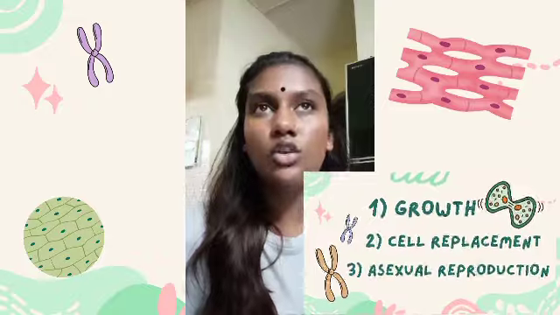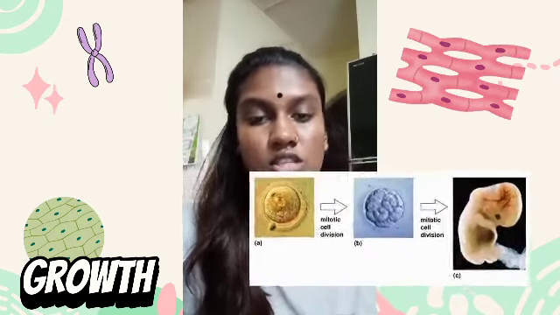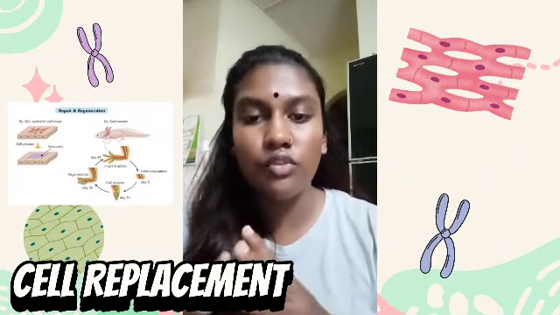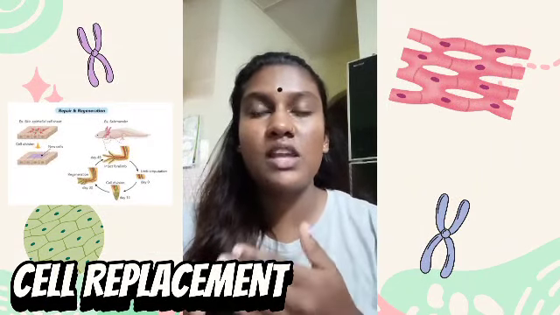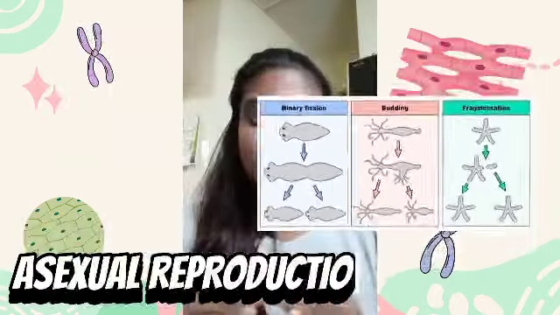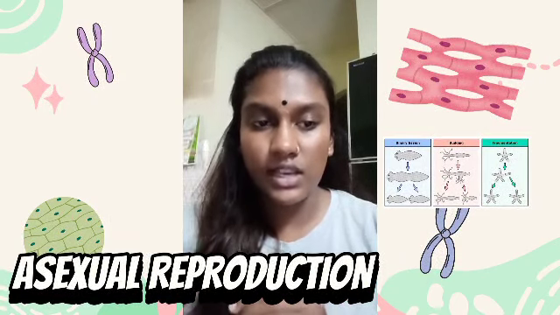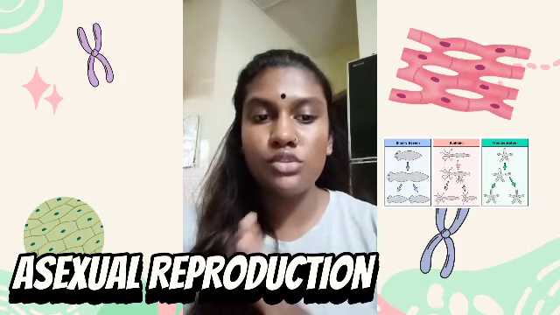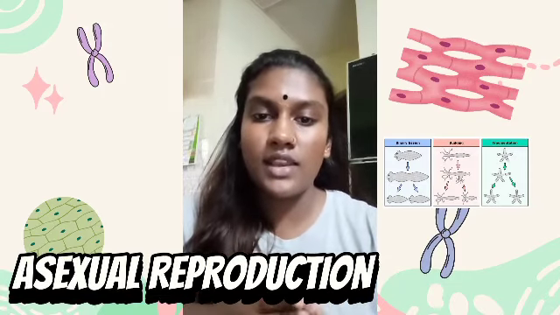Mitosis is a process of cell division which plays a key role in growth, cell replacement, and also sexual reproduction. As for growth, mitosis ensures an increase in the number of cells in tissues and organs, which is necessary for overall growth and development in an organism. Moreover, mitosis replaces worn out or damaged cells, ensuring that the tissue functions and also retains its structure by producing new identical cells. Lastly, mitosis is the mechanism by which organisms reproduce sexually, creating offspring that are genetically identical to the parent. So it produces two daughter cells with the same DNA as the parent.